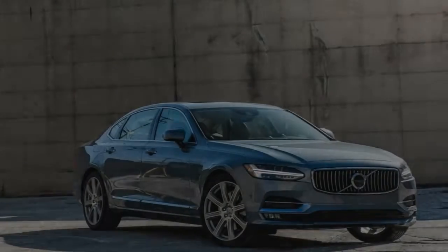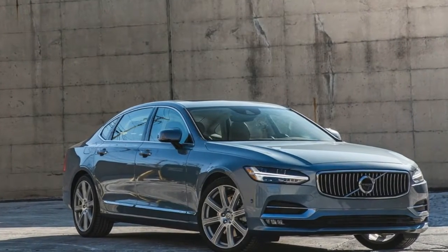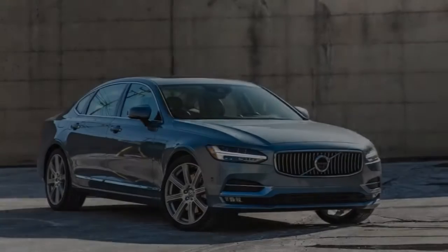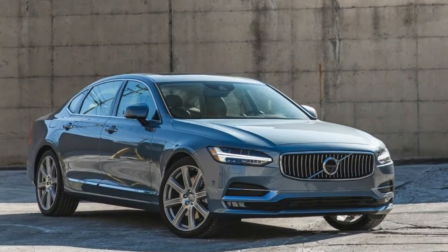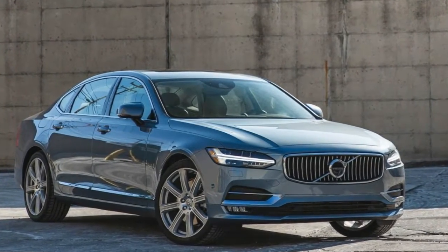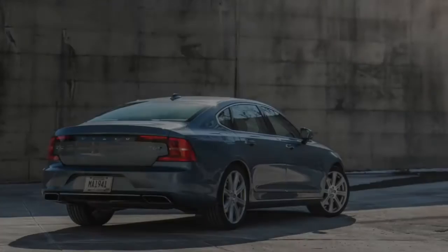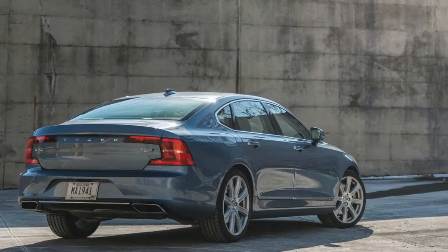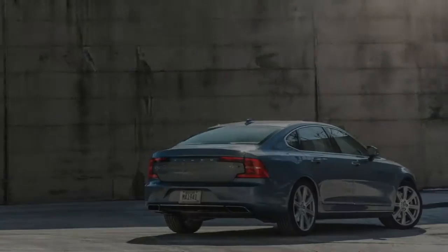The Sensus Connect infotainment system receives some improvements to its hardware and software, and the S90 list of active safety features grows to include oncoming lane mitigation and blind spot monitoring with active steering assist. The base T5 powertrain is no longer offered on the Inscription trim level but can now be equipped with all-wheel